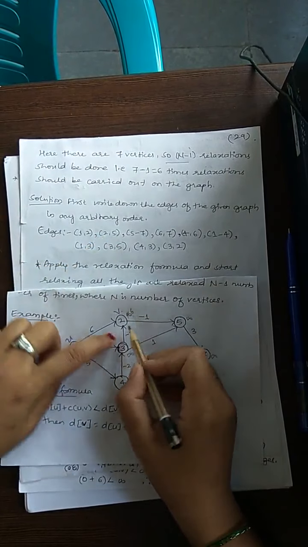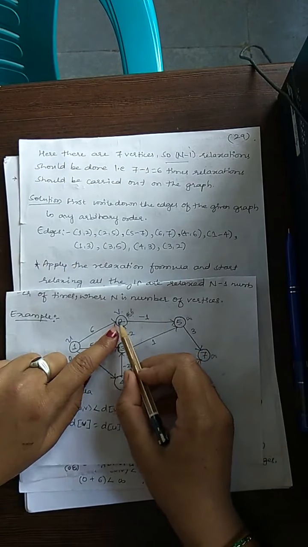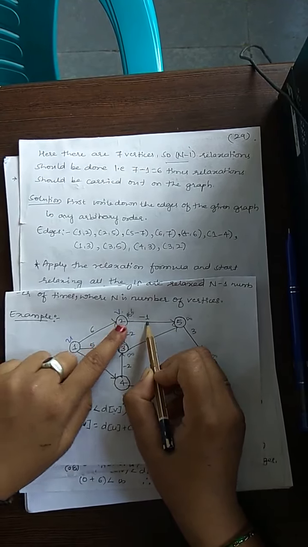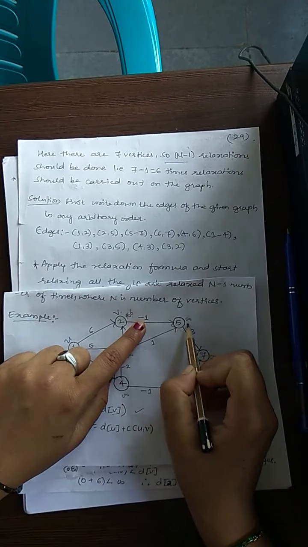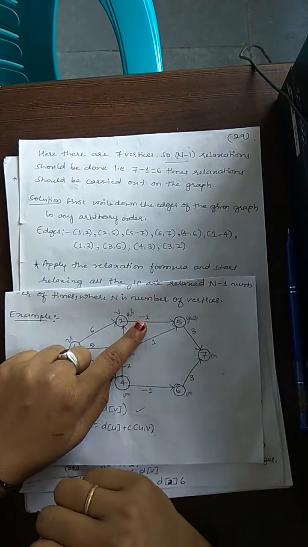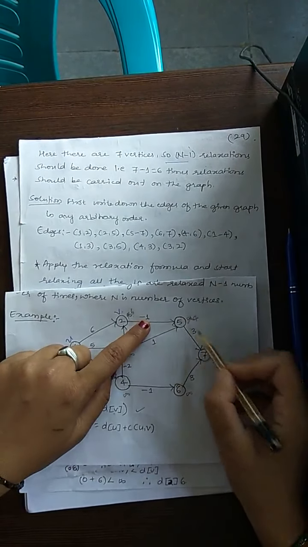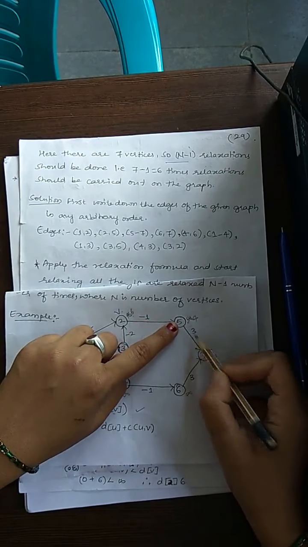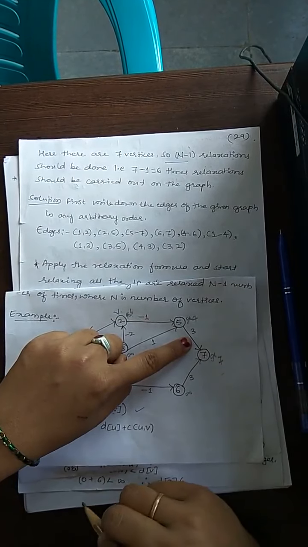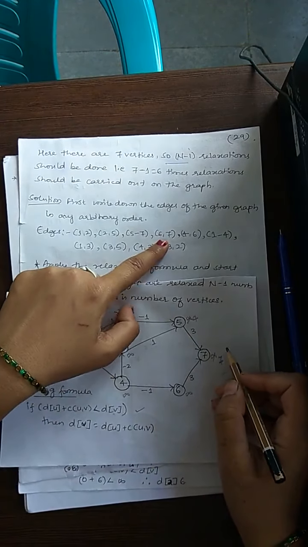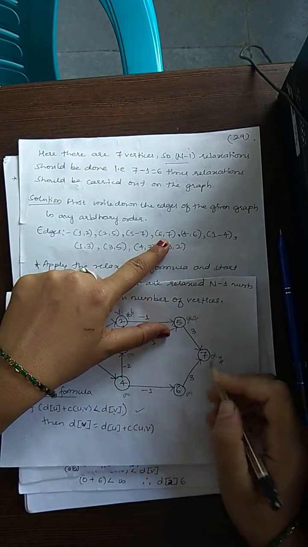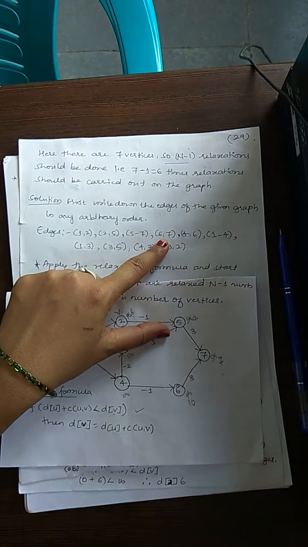Next 2 to 5. So what is the cost of 2? 6. Cost of this edge minus 1. 6 minus 1, 4. 4 is less than the cost of this edge, infinity. So cancel this and 4 will become the distance. Next 5 to 7. 4 plus 3, 7, less than infinity. Yes. So this will become 7 here. Next we are having 6 to 7. 7 plus 3, 10. 10 is less than infinity. Yes. So this has become 10 now.